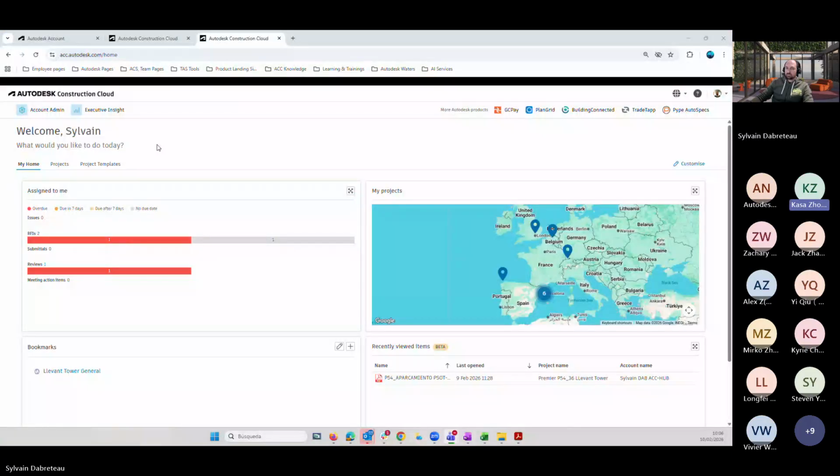So today we would like you to give us an overall introduction of the ACC platform's mechanism and the function modules. And maybe tomorrow we would like to focus more on the Docs function.